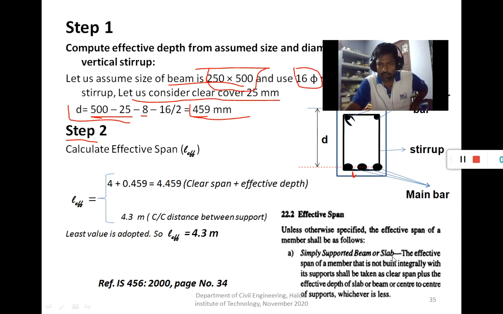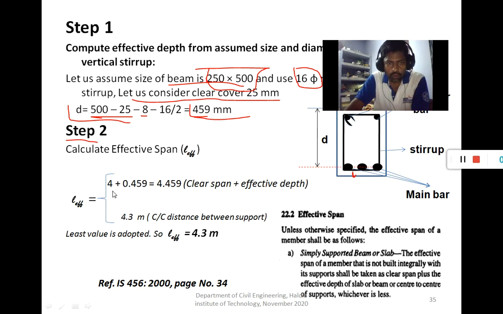For a simply supported beam or slab, the effective span of a member that is not built integrally with the support is taken as the clear span plus the effective depth of the slab or beam, or the center to center of supports, whichever is less. So what is the effective span?